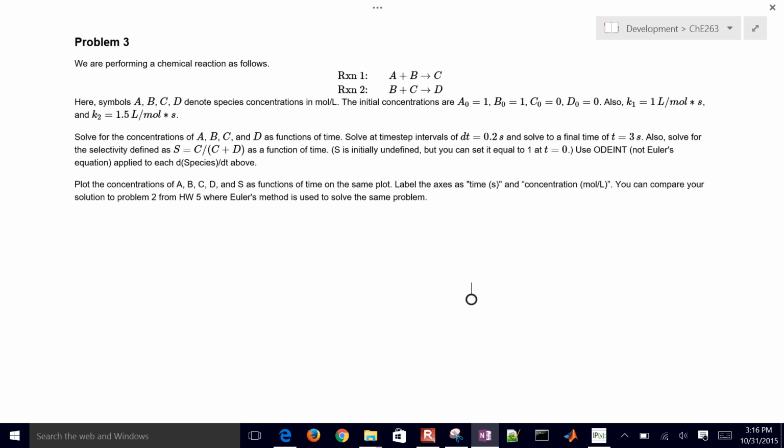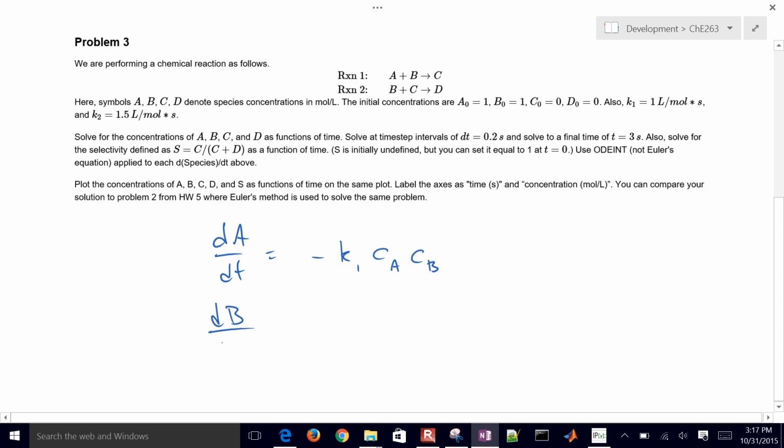This is going to be 4 differential equations. You kind of got to know how to do these. I'll just do dA/dt. That's going to be negative k1 times the concentration of A times the concentration of B. Okay, and then our B